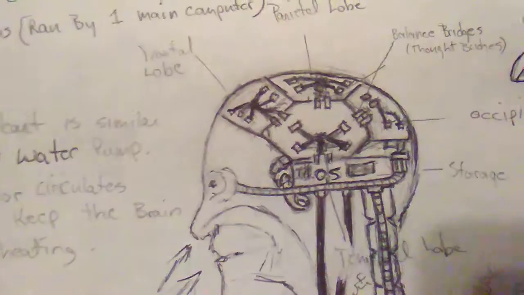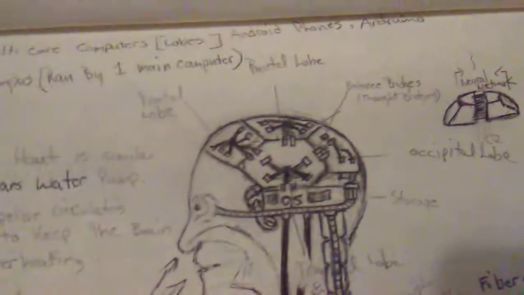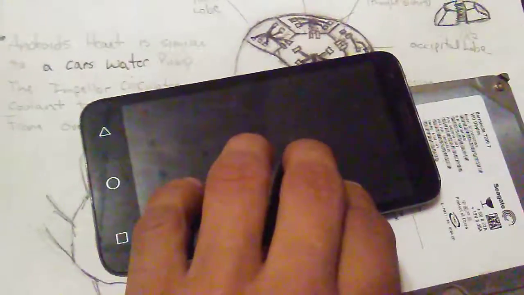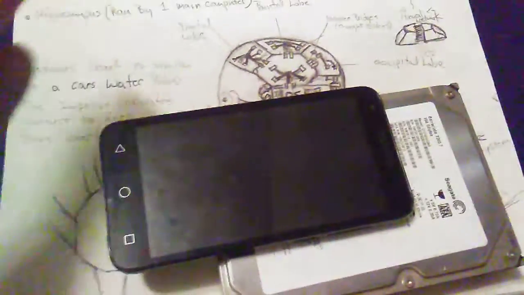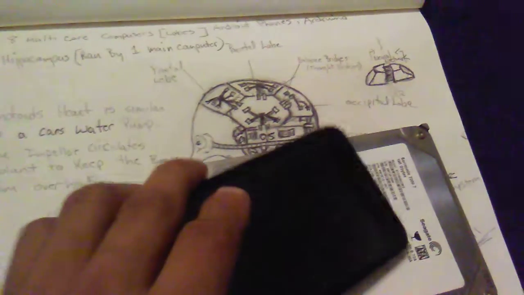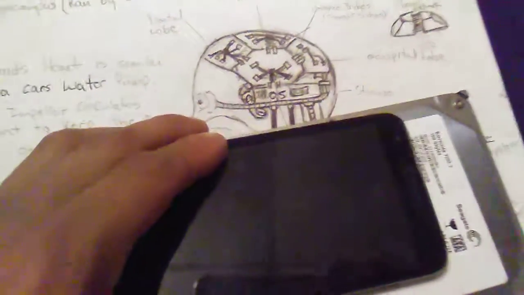Basically, Kodak would do the eye because of their profession in cameras, and AMD because of their graphics and CPUs. But anyway, imagine these are all like phones. Consider this the hippocampus. That's where your main operating system is. These have their own operating systems, memory and storage. That way, they're able to communicate on their own and do their own sets of instructions. But they actually work from a secondary operating system. The primary operating system that controls them is in the hippocampus, or the main drive.